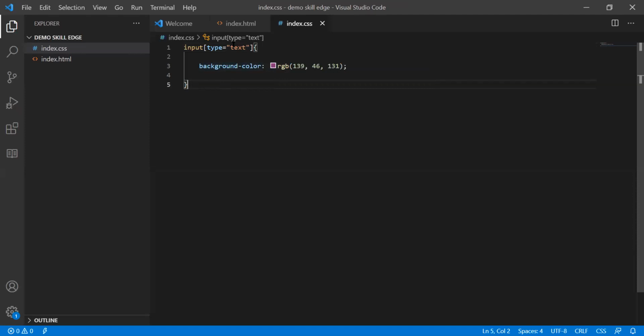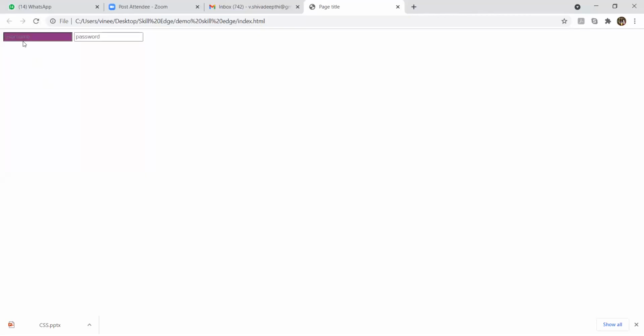Let's see the output. See, only this one has been selected, correct? This is how we select one particular username or password to apply the CSS changes.